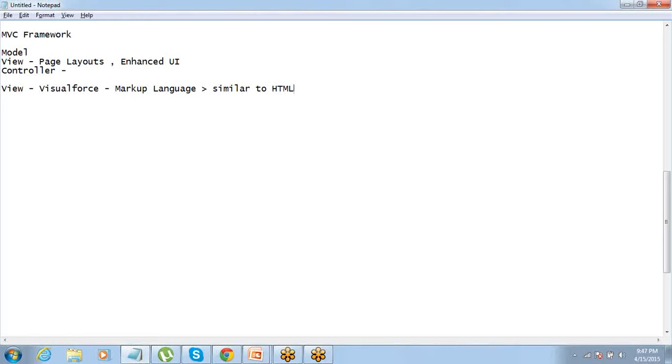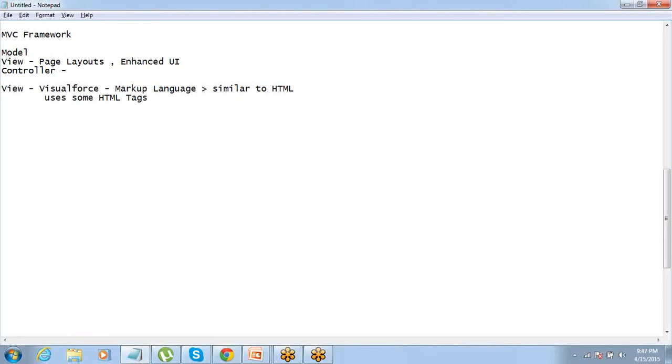Along with being similar to HTML, it also uses some HTML tags as well, like the simple HTML tags: bold, italics, tables. So most of the HTML tags can be used within Visualforce pages. So it supports these HTML tags also.